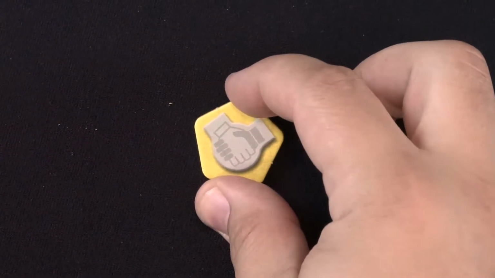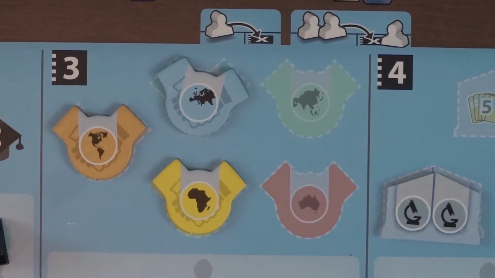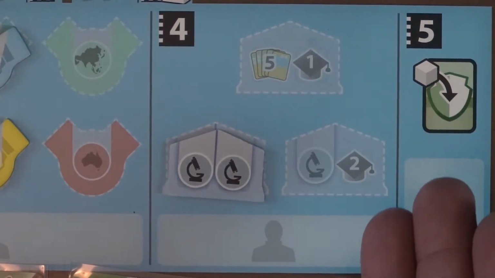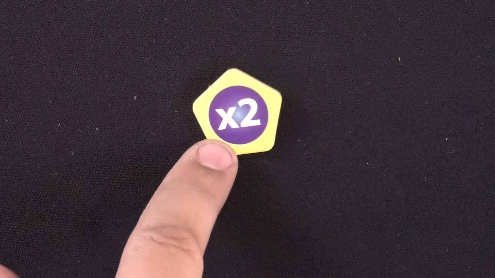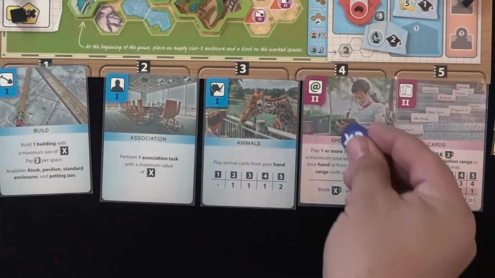This bonus token can give you a partner zoo from the available ones on the board. However, you can't take it if you haven't already upgraded the action card. Likewise, the bonus here lets you gain one of the available university tokens from the board. The 2 times bonus gives you a 2x multiplier token that you must immediately place on one of your action